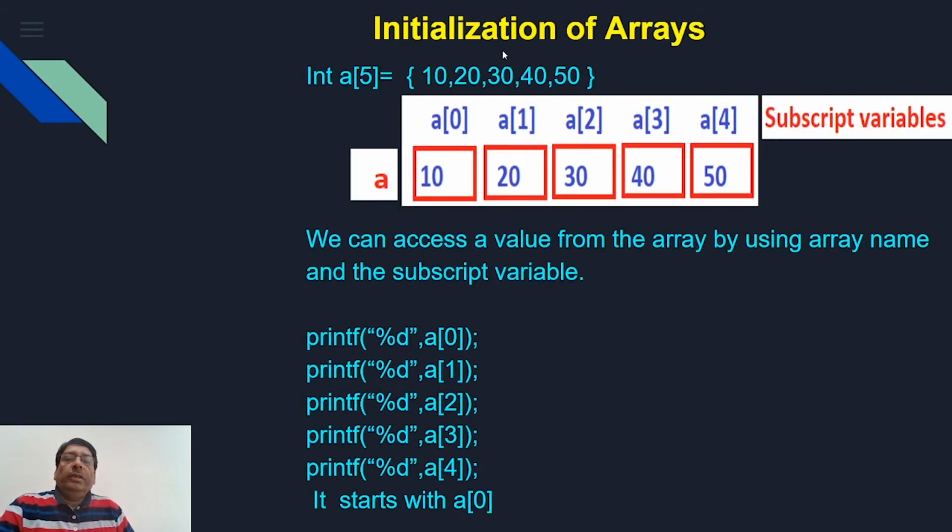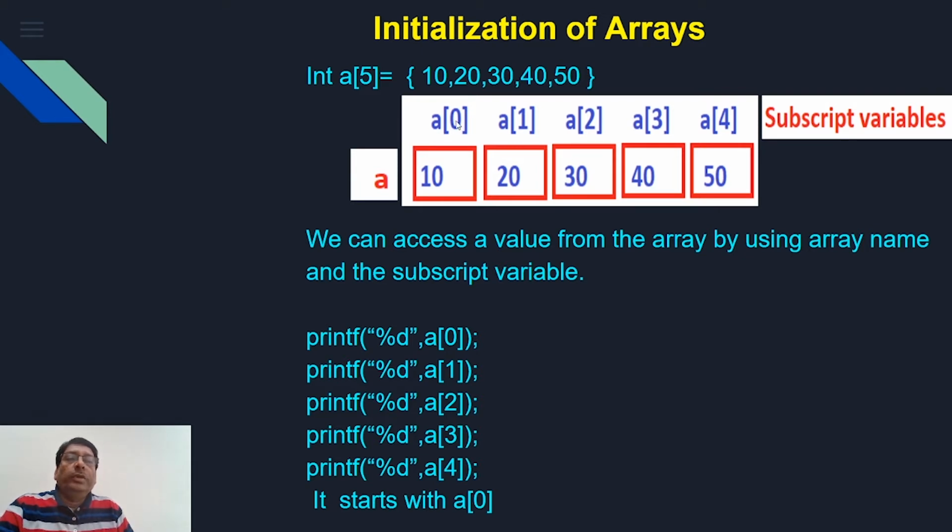So just go with initialization of arrays. How can you store the numbers in an array? You can say int a[5] equal to, you need to make use of these curly braces, and then you write 10, 20, 30, 40, 50. The meaning of that is you are storing 10 in the first location, 20 in the second, 30, 40, 50, and